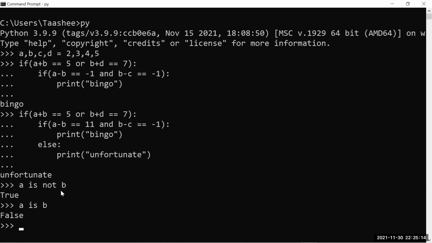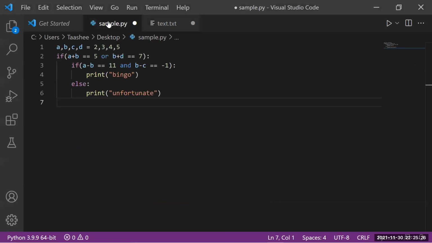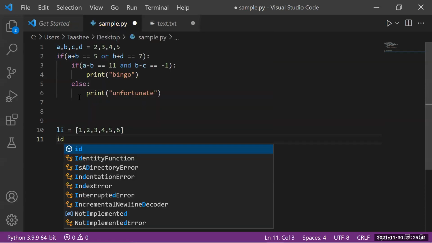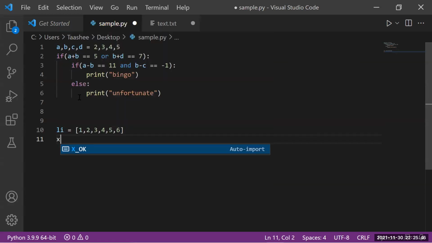Okay, so in Python we can type the English words, is it? Is and not. If that is a keyword, then you're going to try that. Okay, let me show you one more thing here with respect to code. Let's say I have my list having values as 1, 2, 3, 4, 5, 6. Now, let me say x equals some value as 5.